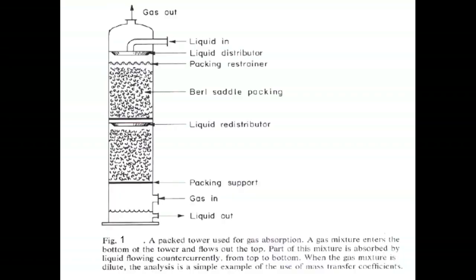So in this counter current operation of water flowing down and air moving up, for a fixed flow rate of liquid, what would happen if you continuously increase the air flow rate? The liquid flow rate which is coming out of here would reduce. If you continue to increase the gas flow rate, the liquid flow rate will reduce further. Continue. The drag exerted by air on the water which is flowing down may be so high that the water can not flow down any longer. It will start accumulating here. Eventually the whole column will get flooded.